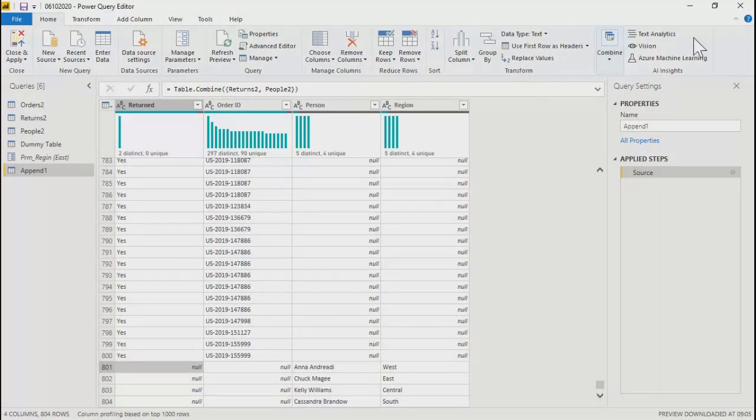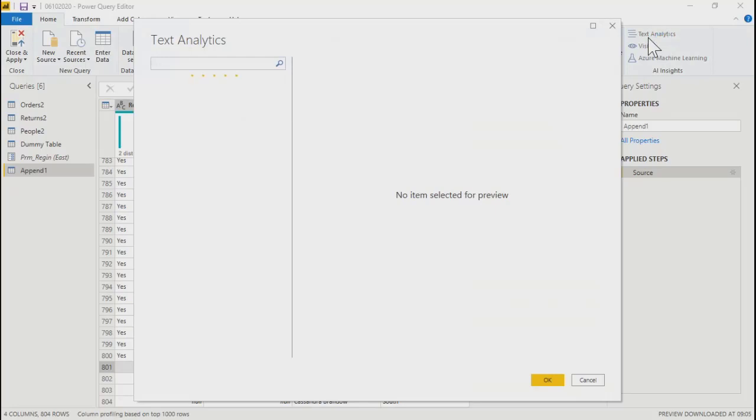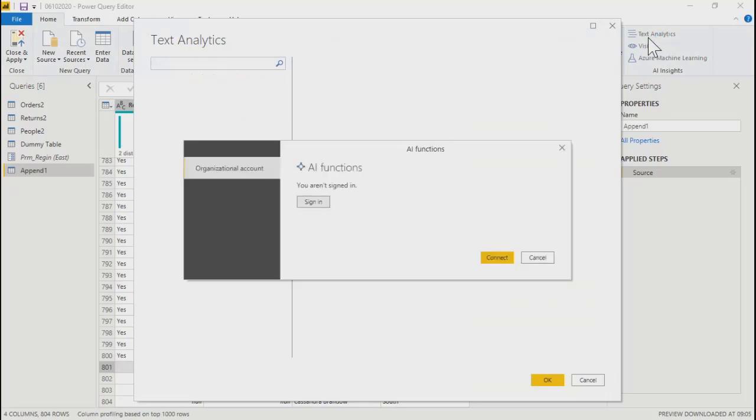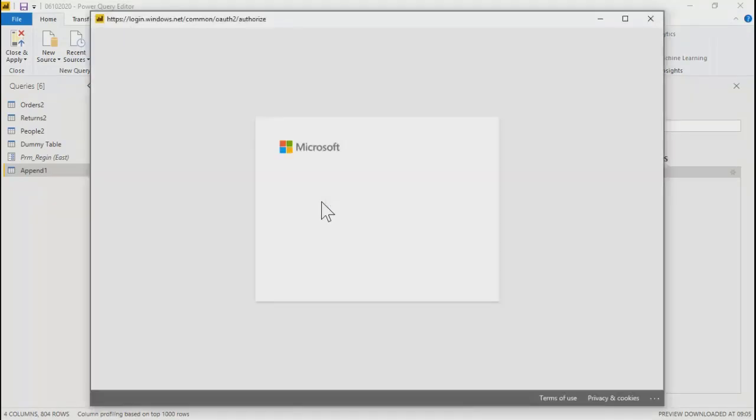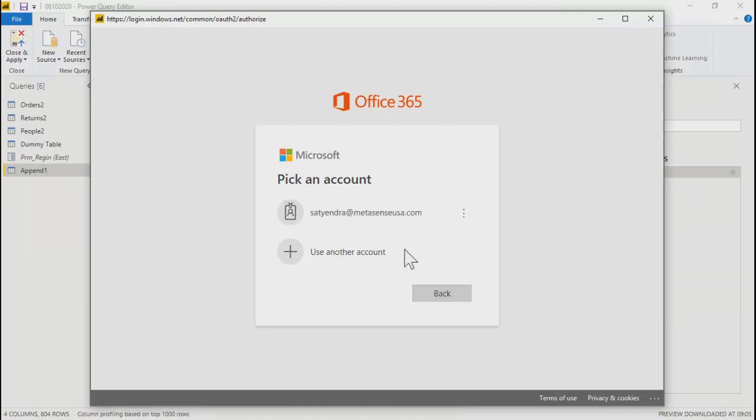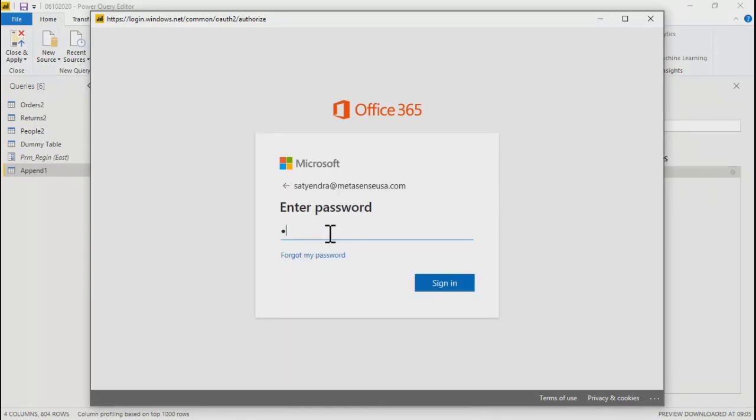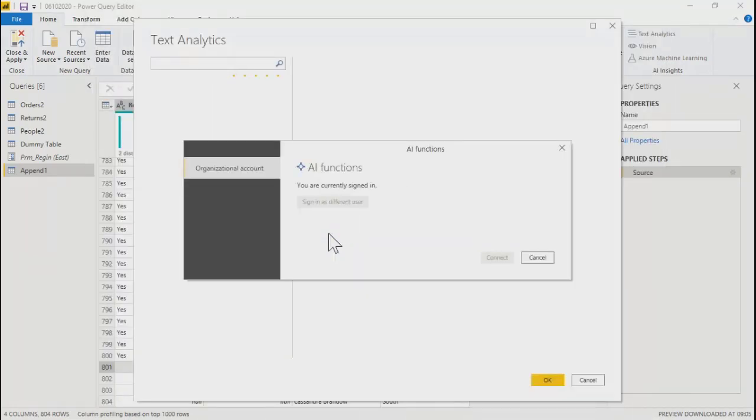Now, see the last options which you get here, like text analytics, vision, and Azure machine learning. Actually, I have a pro account and these options are not enabled here. If you, let's say, click on text analytics, it will give you that pop-up, right? That you are not signed in. If you even try to sign in, because in desktop, I'm already signed in to my profile, it will give you the message that the machine learning things are not enabled.